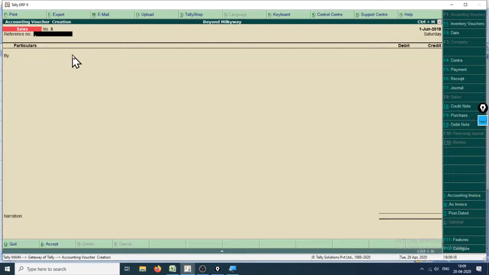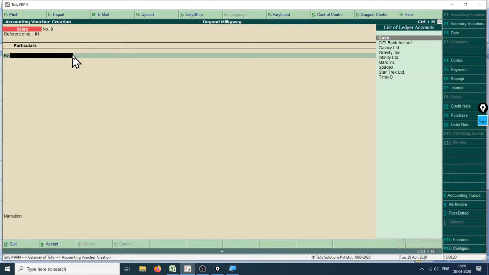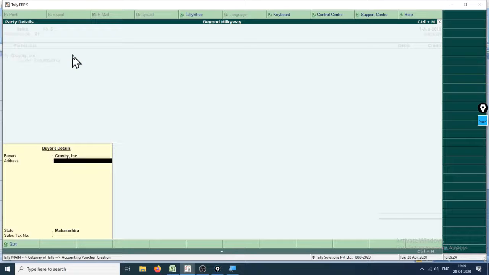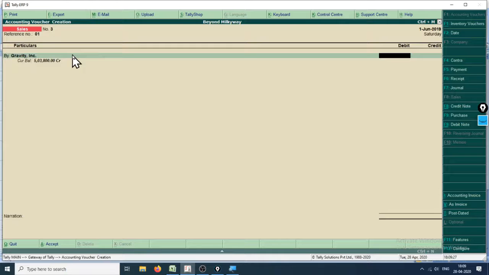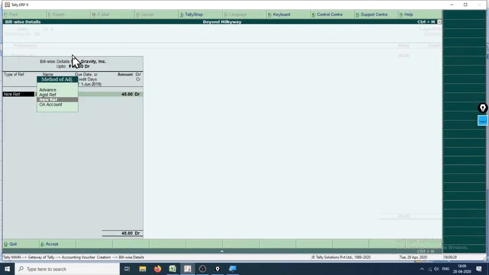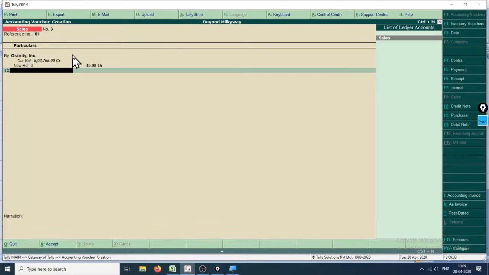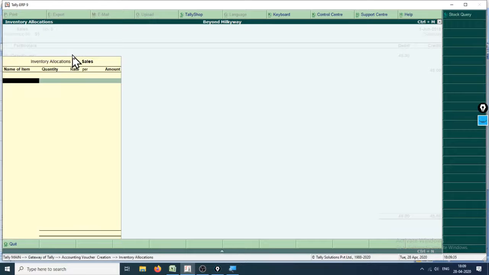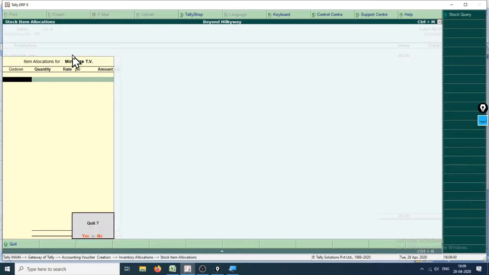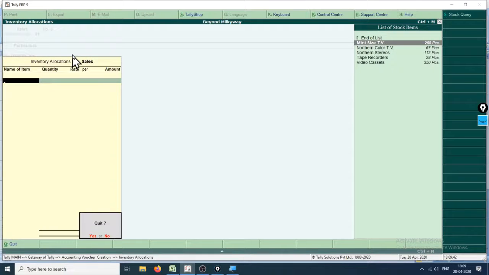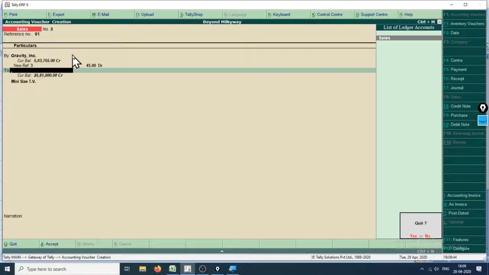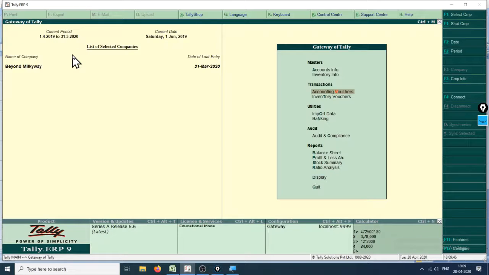Now you can see right here 01, that is by the name of party, and debit amount is, suppose, 2445 against reference number. To sales account. Now this is how you can make that entry, that is mini size TV. It will ask you these details. But that is a much more appropriate way, because in that way you are also creating an invoice.